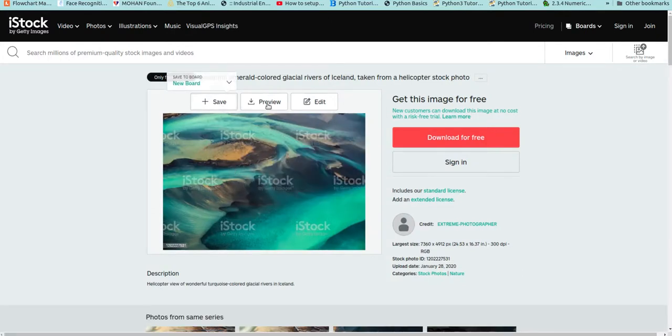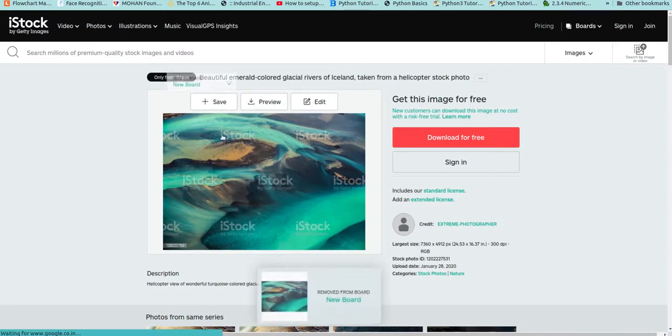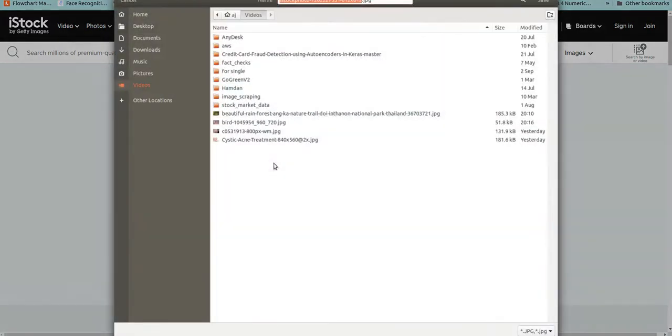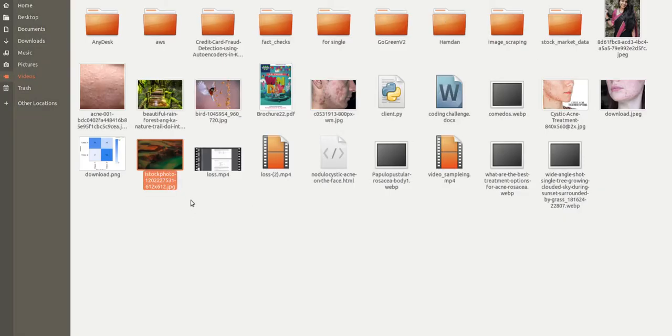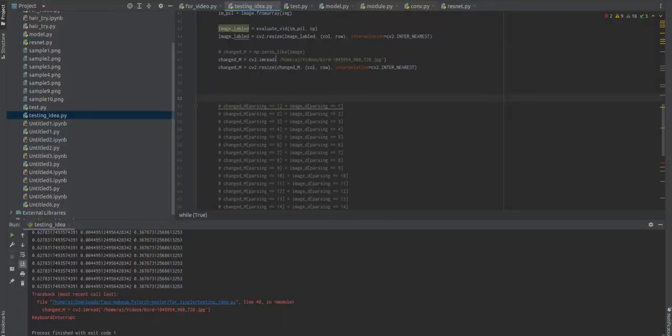So click on save image. Okay, so guys, here is my sample image. So this sample image is here. Let me put this image here. Okay, now